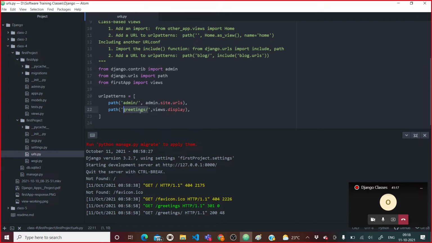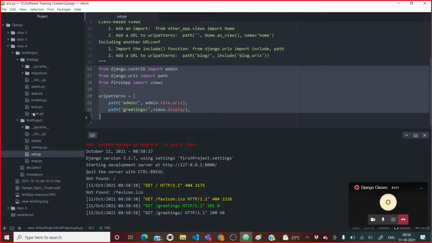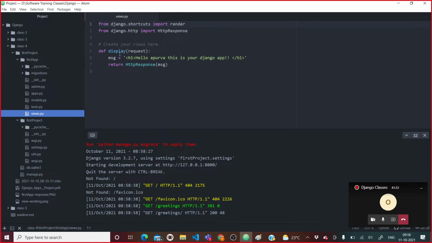If someone gives a URL pattern as greetings, then only my display function is going to execute. So this is why urls.py is here, and as soon as someone hits greetings, it will go to views.py and execute this, and after executing it returns the response, which will be shown on the web page.